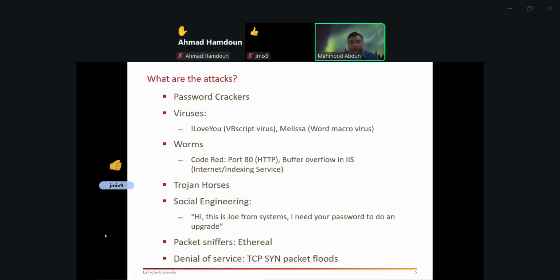Yes, Ahmed? For the older generation, who experienced Windows Messenger before WhatsApp and this technology, there was an application called MSN Sniper at that time. If you are connected to the same network, you'll be able to read every message coming through this network. Yes, you're right. So basically, that's another thing.